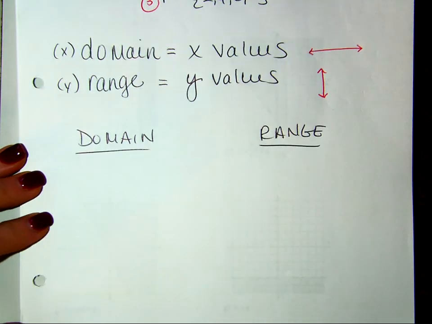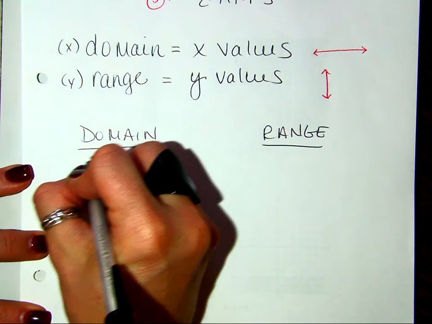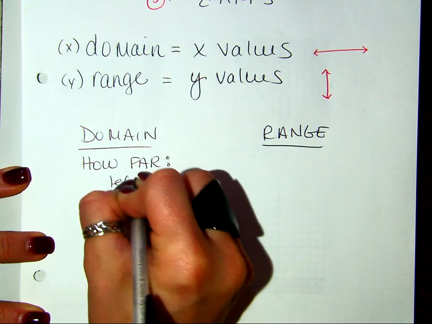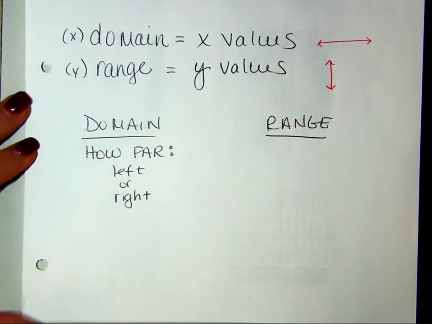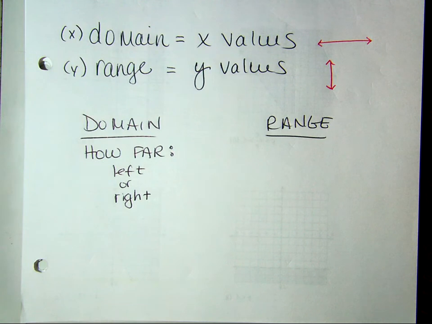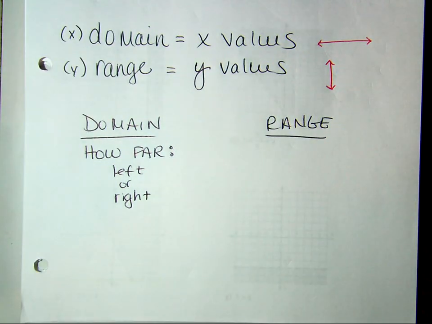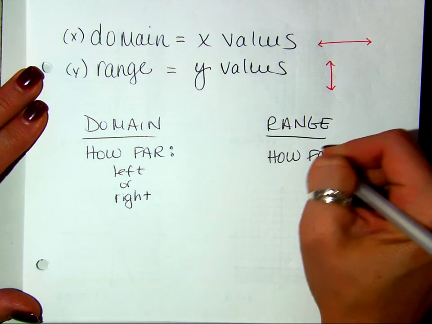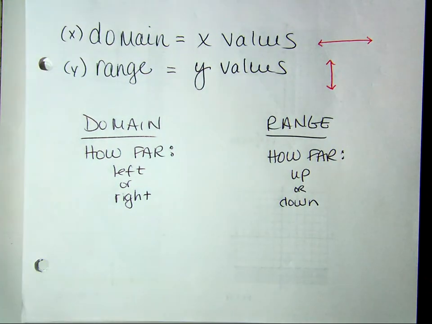And I want you to say to yourself, if the domain is my horizontal line, I am concerned with how far left or right does that graph go. Does that make sense? How far to the left does that graph go? How far to the right? Because that's the domain. Which would make then your range would be concerned with what? How far what? Not left, right, but yeah. How far up or down does that graph go? So keeping that in mind,